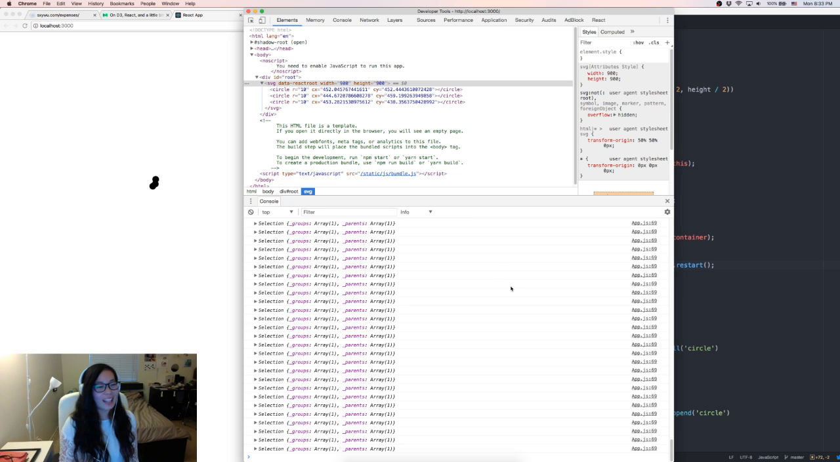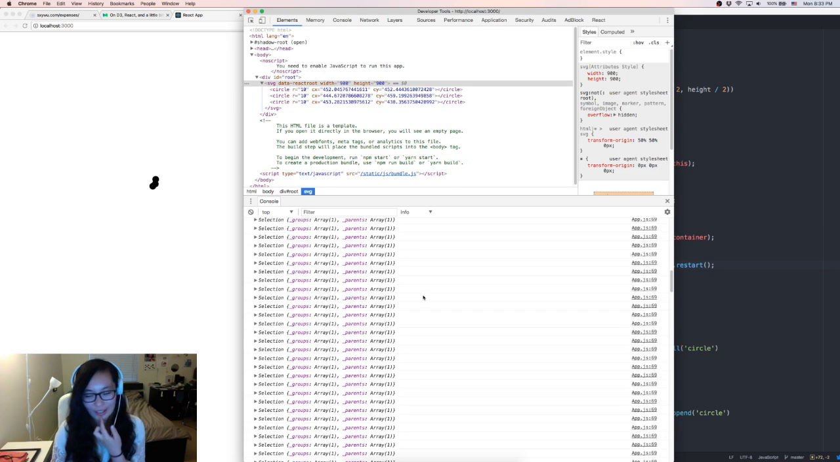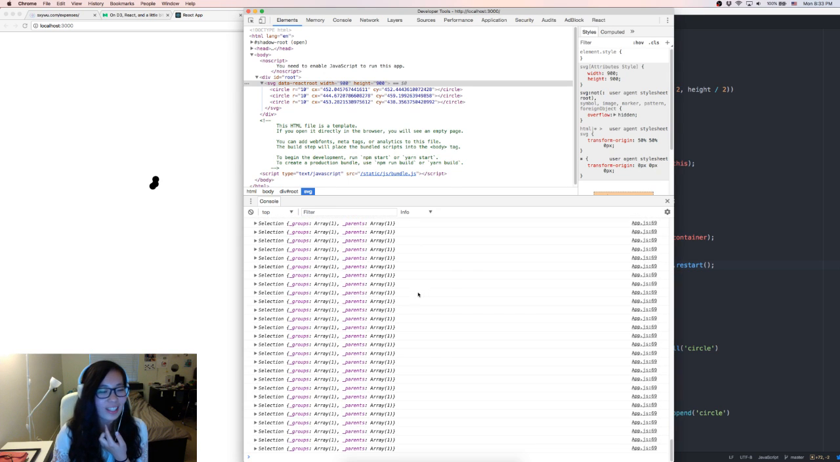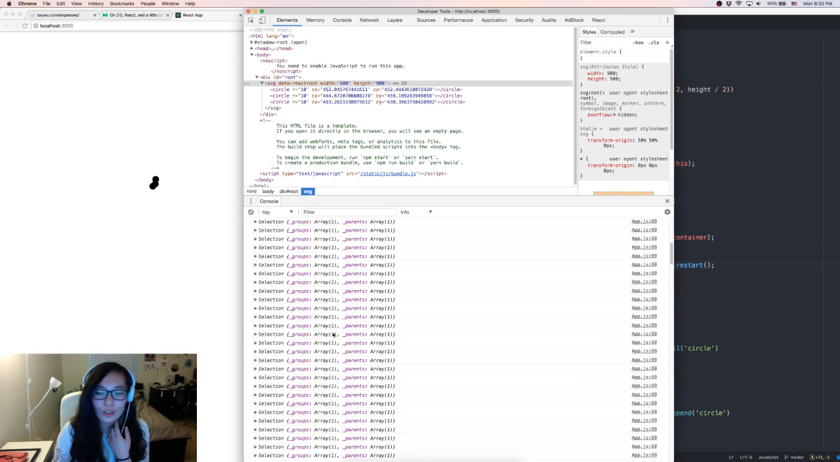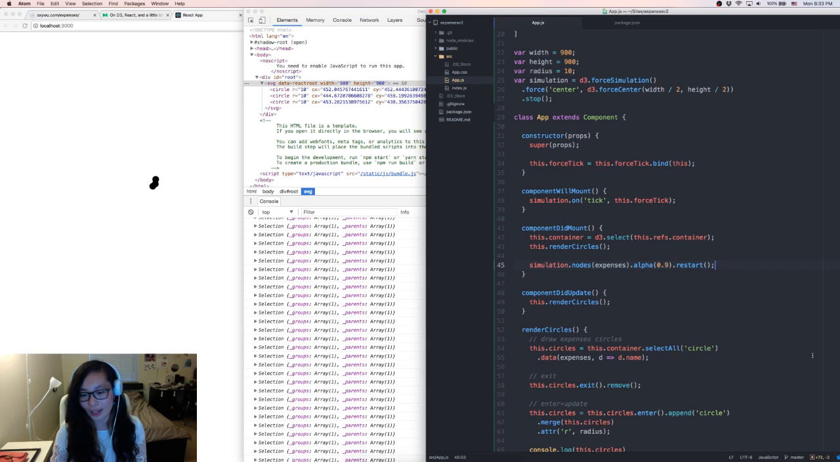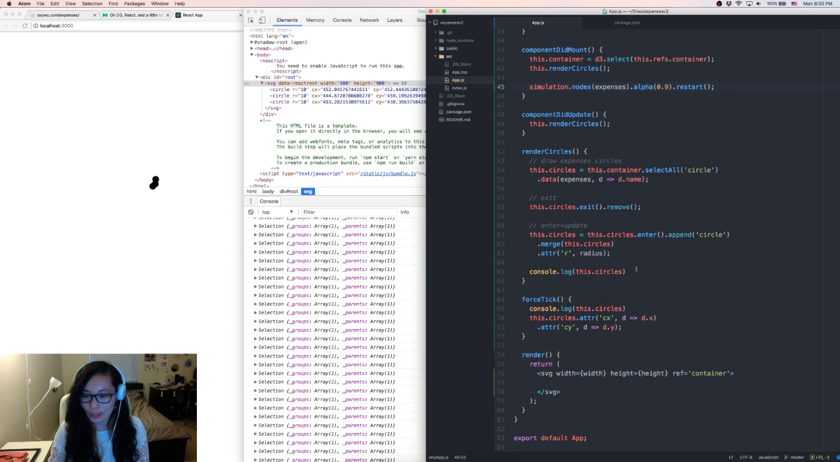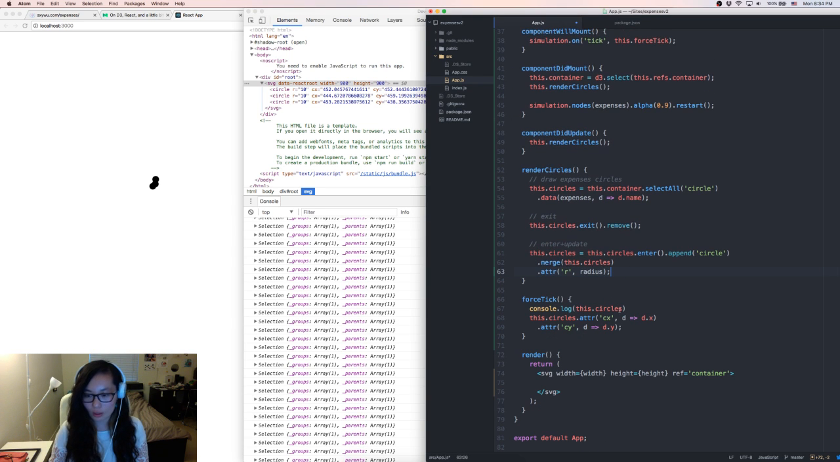So that was relatively unexciting. But it's kind of cool in the sense that, if you guys can see this, it means their positions are being calculated over all of these iterations. So if I console log